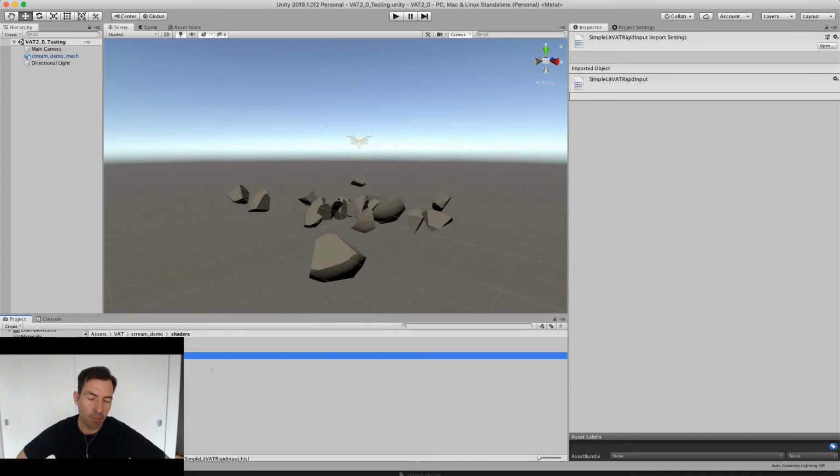One of the questions was about shader graph stuff. Unfortunately, the stuff doesn't work through the shader graph. I have tried. We have spoken to Unity about it, and it's something that is on their roadmap from what I understand. But because of how we're